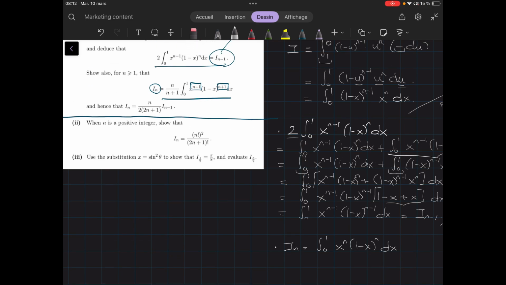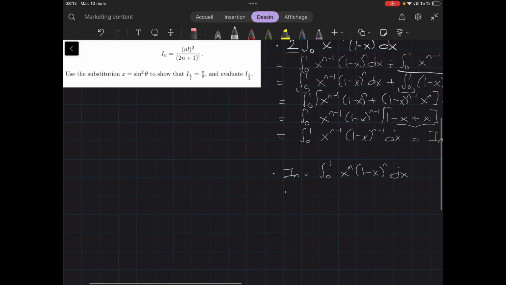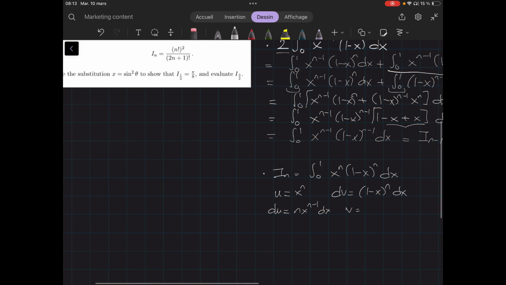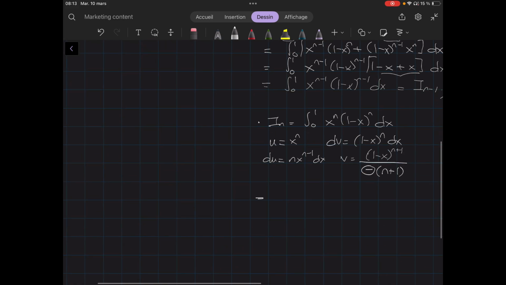Which one to differentiate, which one to integrate? X to the n becomes x to the n minus 1. So that means that you'll be differentiating x to the n, and therefore you'll be integrating the other part. Differentiating x to the n with respect to x, integrating 1 minus x to the n with respect to x. Using integration by parts,